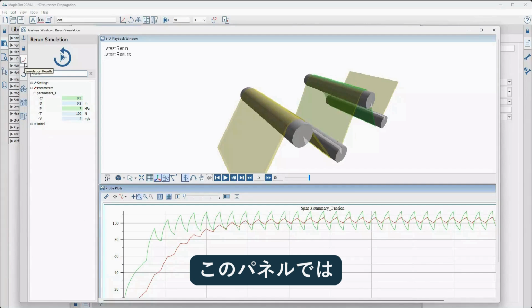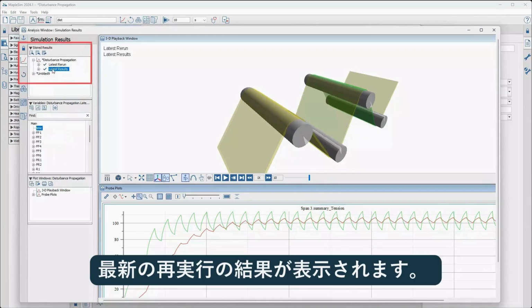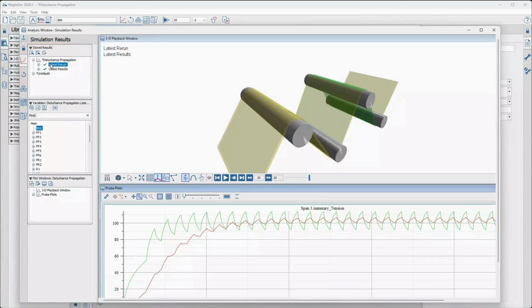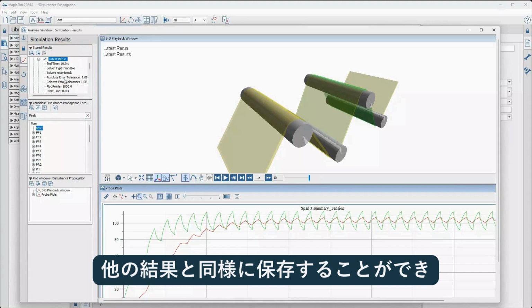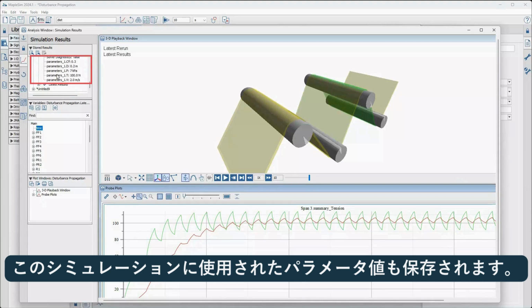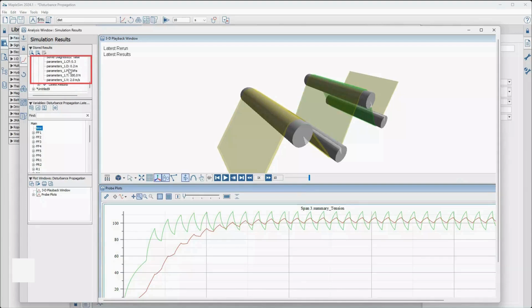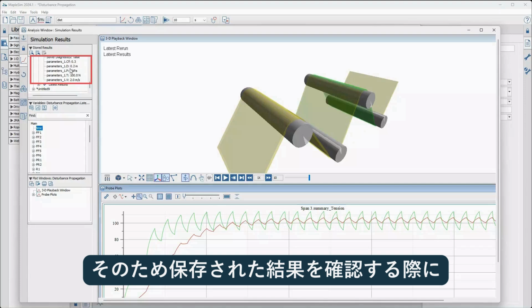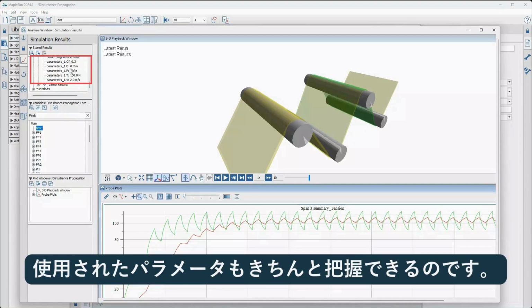Again, if you decide, just like before, you used to have latest results, now you've got a latest rerun. This can be stored and saved like any other result, but new in 2024.1, it's going to store what those parameter values were when you generated that result. So should you come back to it again, you can ensure you know the parameters that caused the result that